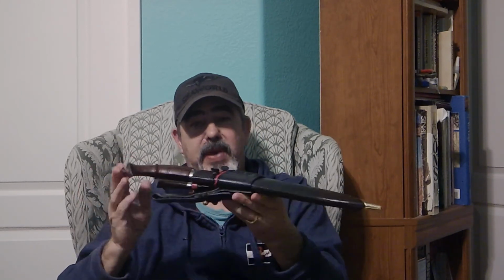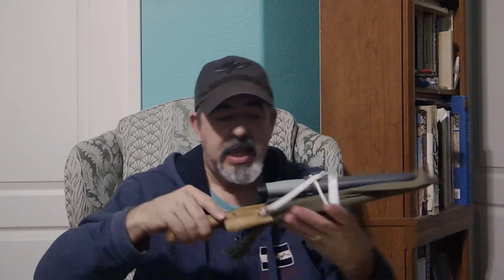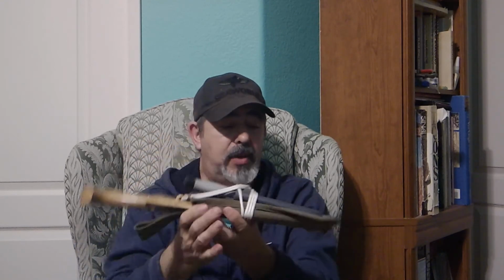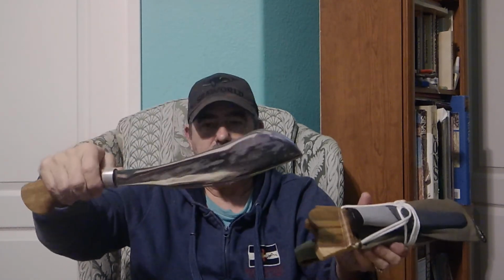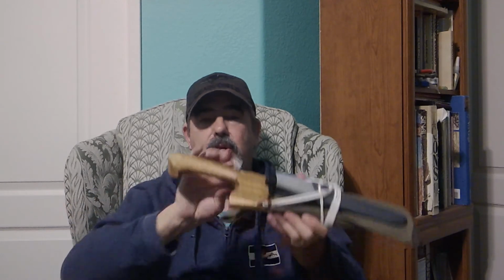So this one has a very specific form follows function to it that you really need to know the function of it. Education is very important when it comes to that. Yet you might find something like this that has a traditional wood handle, not wrapped in leather. They've actually wrapped it in something else. This was customized. But you have your parang, which is a machete type,